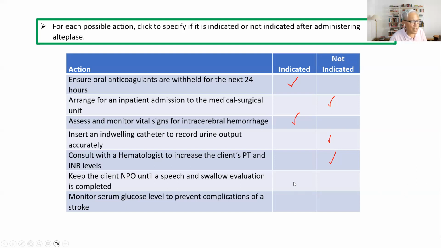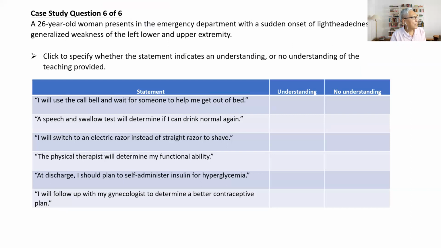Obviously, we should never give anything by mouth to a patient until after the speech therapist has done the swallowing evaluation. And monitor serum levels to prevent complications of a stroke. Yes, that would be appropriate. Okay, I think you did good in that question. All right, so the last question is,